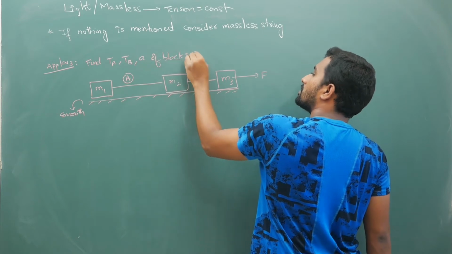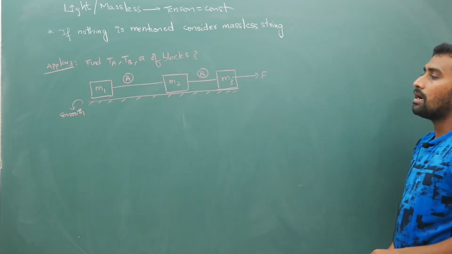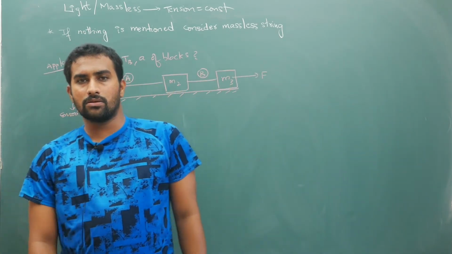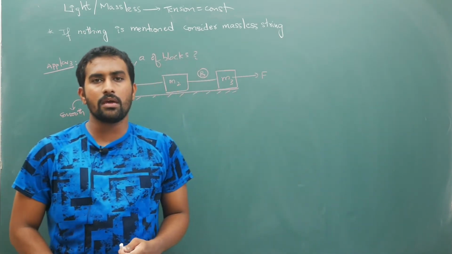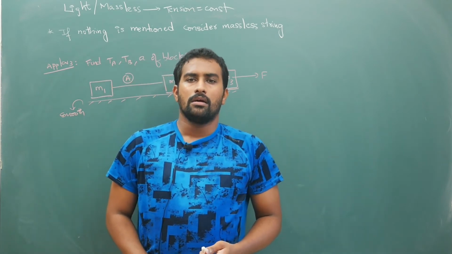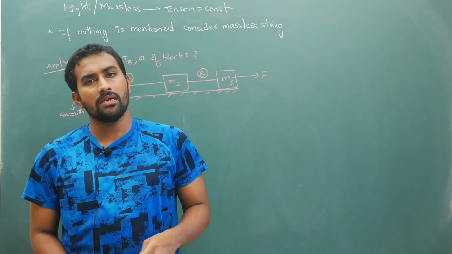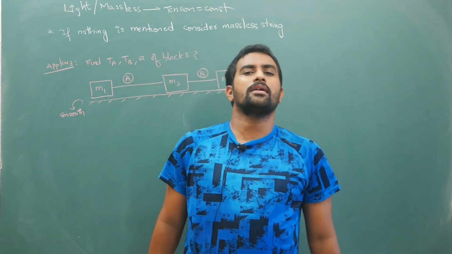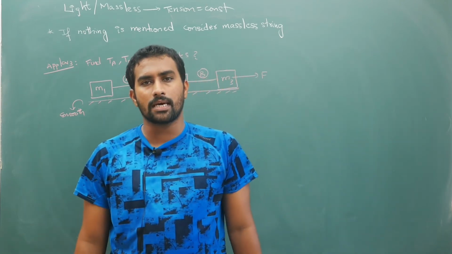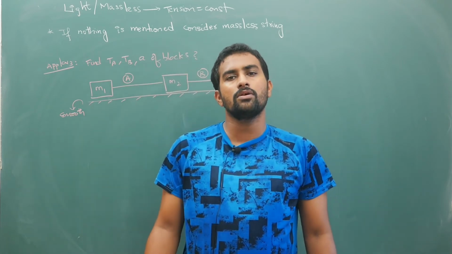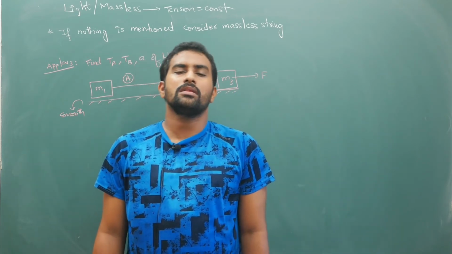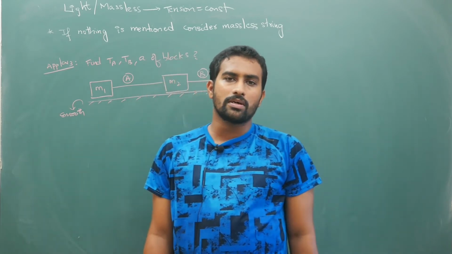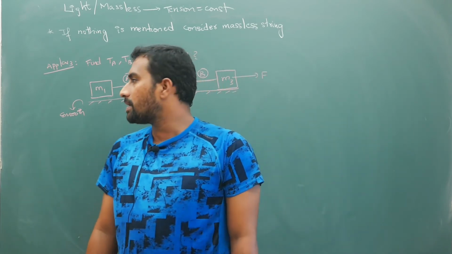Now how will you solve this? From now on, always look for the reference frame, and also look for FBDs. In Newton's laws of motion and friction, and in any chapter from now on, you have to mark FBDs first. If you mark the FBDs and force directions correctly, then only you will get the answer. In the previous lecture I explained how to mark an FBD, so you have to consider only the reactions, so it will not be a big deal.